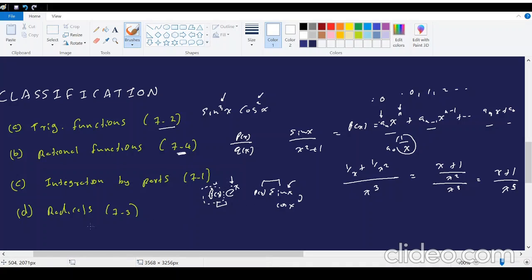Okay, and then finally we come to radicals, right? So radicals means the form of this one, right? So this can either be plus or minus, and also this one, and accordingly we discussed certain types of substitutions. Remember there were 3 categories of substitutions. For example, we have a thing called a sine theta, right? And also we have a special range for those theta values, right? So this is basically everything that we have done so far. And also